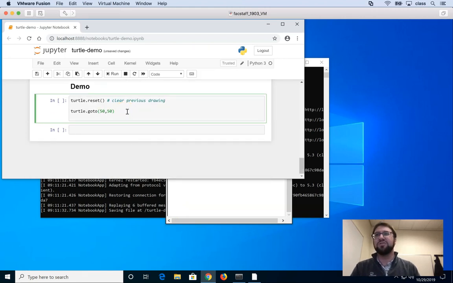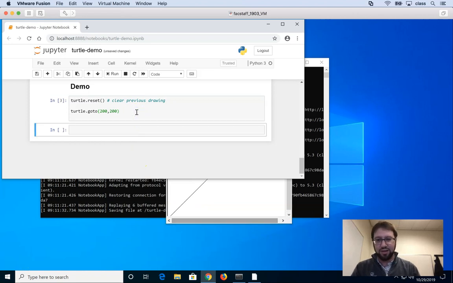So I'm going to start by using a command called goto, and I'm going to put in some values real fast so you can see what it looks like. We can basically use goto to tell that turtle to move to a particular location. So if I execute that code, then you'll notice, if I can get my window back here,